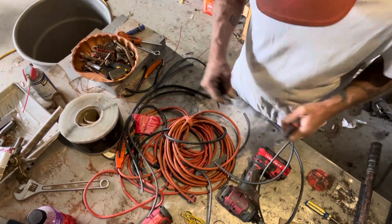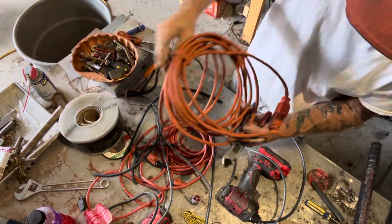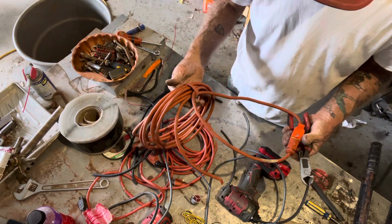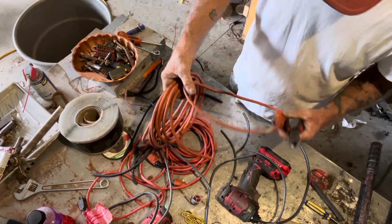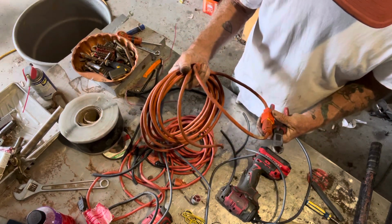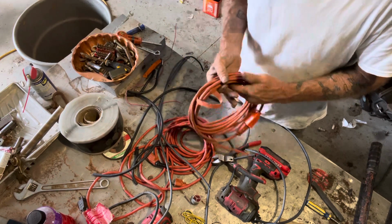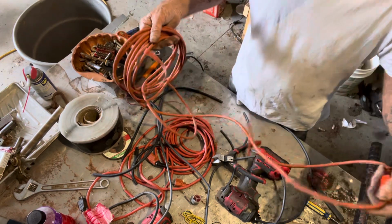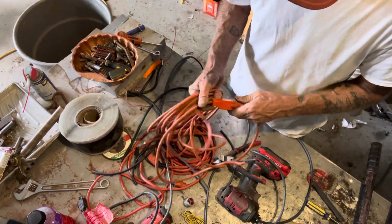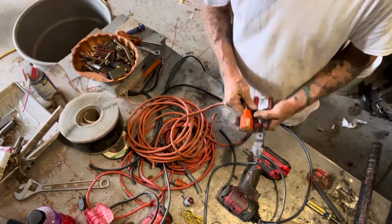I'm pretty happy with my yard that I go to. See, I would check this, look at it, make sure there's nothing wrong with it. And apparently it is. I'm not sure how I got 3 ends. How did I get 3 ends? Okay. Ah, it's cut in half already. Because it's cut, Grandpa,